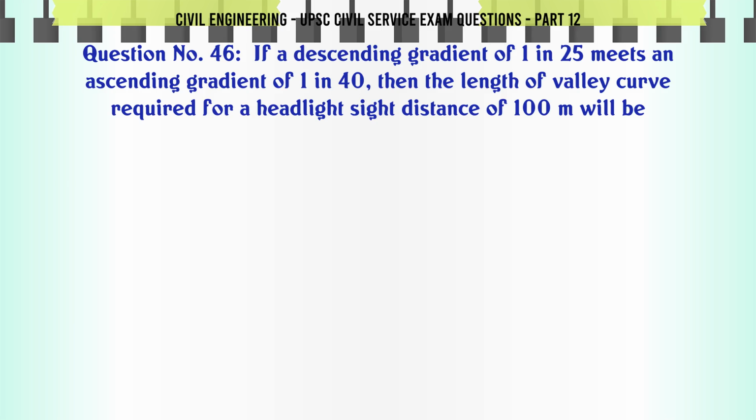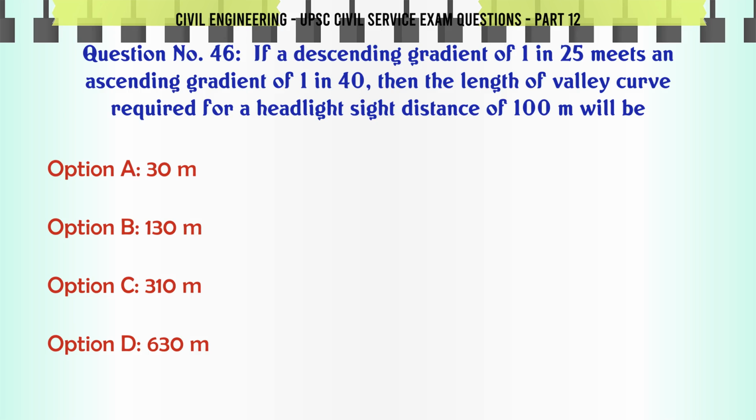If a descending gradient of 1 in 25 meets an ascending gradient of 1 in 40, then the length of valley curve required for a headlight sight distance of 100 m will be A, 30 m; B, 130 m; C, 310 m; D, 630 m. The correct answer is